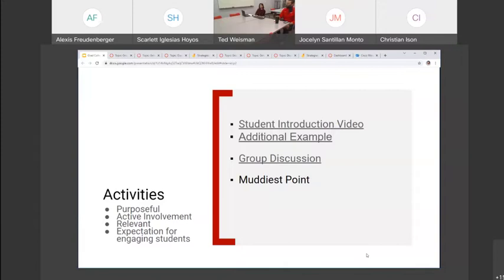The muddiest point is something that you can reserve a little bit of time for at the end of class, after you've been doing a lesson, a discussion, whatever. And you can just ask folks, right, what's something that you're still struggling with from the discussion? Essentially, what is the muddiest point? You can ask them to write, literally, you can say or post, what is the muddiest point in whatever your lecture topic was? And that provides an opportunity for discussion and response, either for the end of a class,